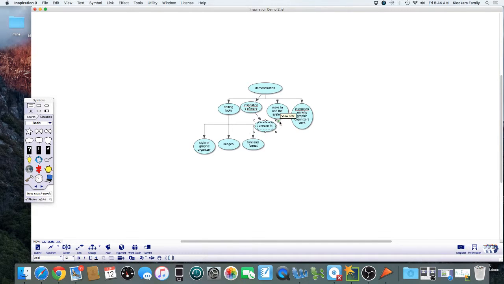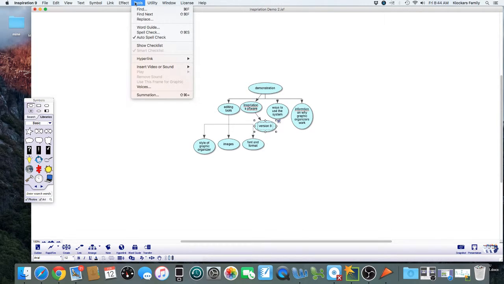You can also insert sound clips by going to your main source bar and selecting the Tool tab. So heading up here, making sure that you're selected and working in Inspiration 9, go over to Tools, insert sound, and you can either record a sound, upload a sound file, or even a video.